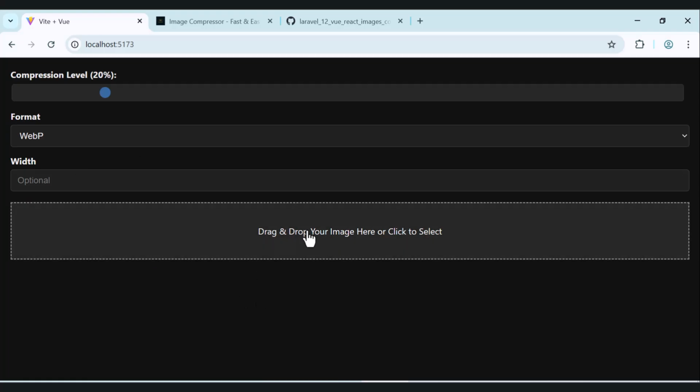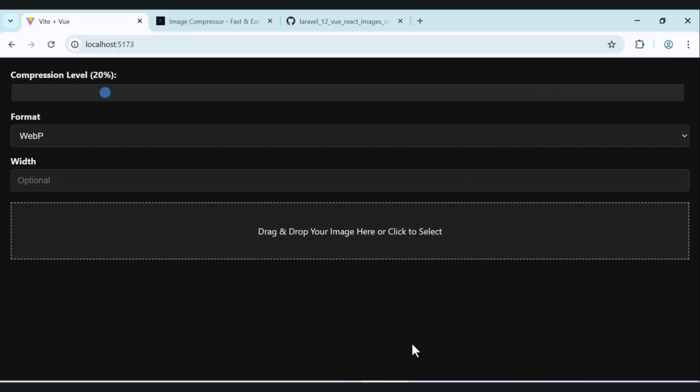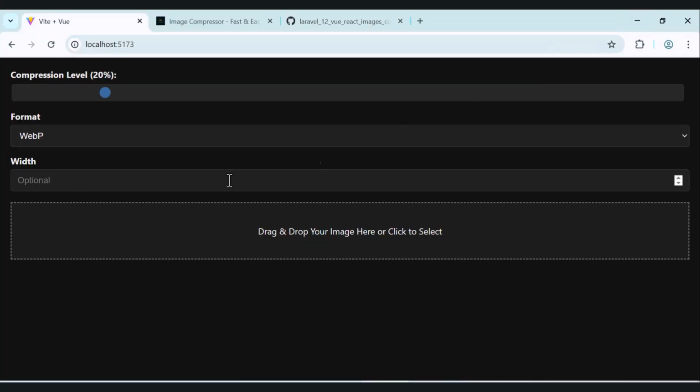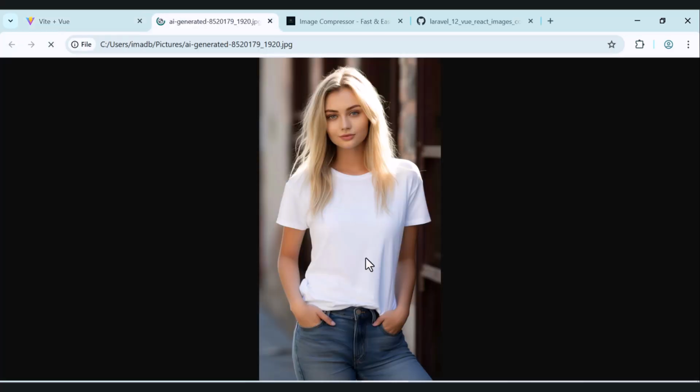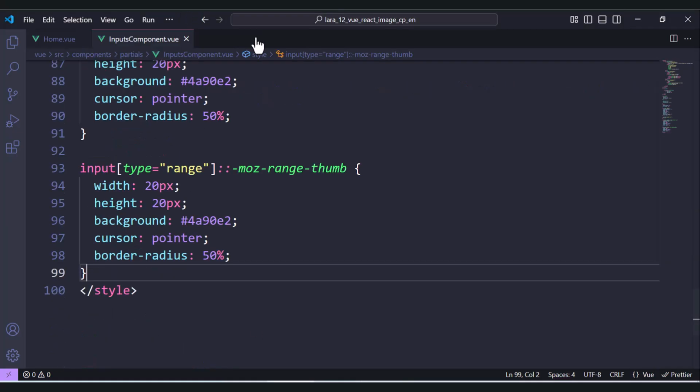So here we have the drag and drop, and also when we click here, we can choose an image. So if we choose an image, let's check our console. So as you can see, we have here the image. So let's try to drag and drop an image here inside this drop zone. So let's drop this image here. So as you can see, it's opened inside another tab. So to prevent this behavior, let's close this,